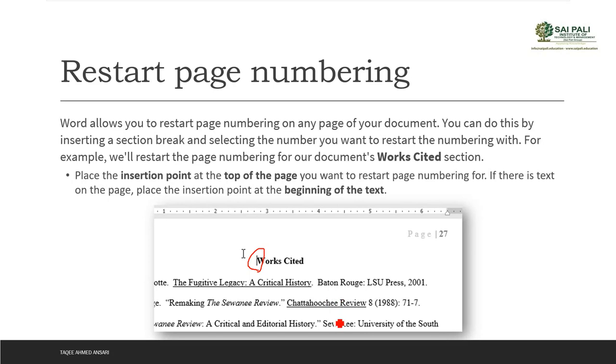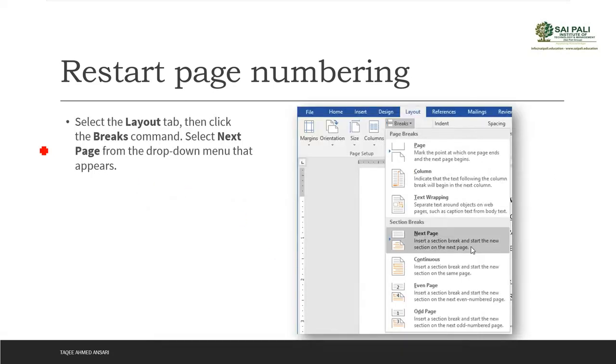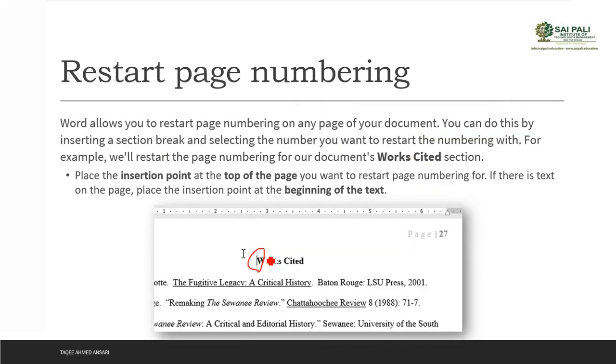So I go to the Layout tab, then Breaks, and select Next Page from the section breaks. Next Page means I am dividing the document from the last page to this page, where my insertion point is at the beginning. So this is 27, and 26 will be another page; the section will end on 26, and from 27 the new section will start.